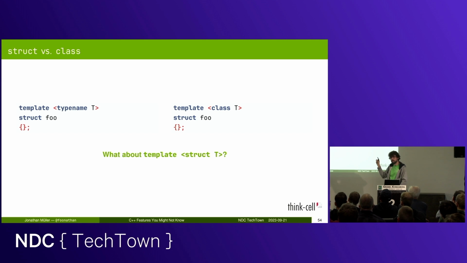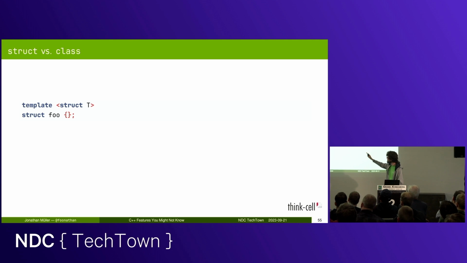What about template struct T? So is that legal code? We've got a template that takes a struct T, similar to how it did the class T. Is that allowed? Who thinks that is legal code? Okay, well, the majority thinks this is a trick question and doesn't want to answer, I think. This is in fact legal code, but it is also a trick question because this doesn't do what you think